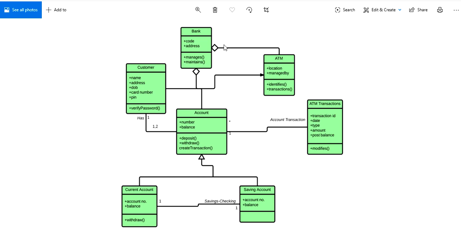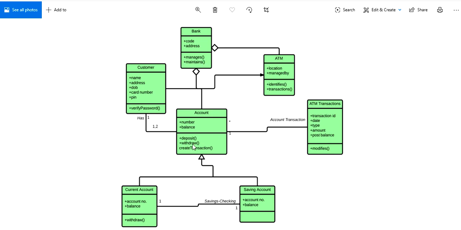But aggregation is indicated by 'has a' or 'a part of'. These two phrases represent aggregation. For example, bank has an ATM, bank has a customer, bank has an account, or we can say account is a part of bank, customer is a part of bank, ATM is a part of bank.